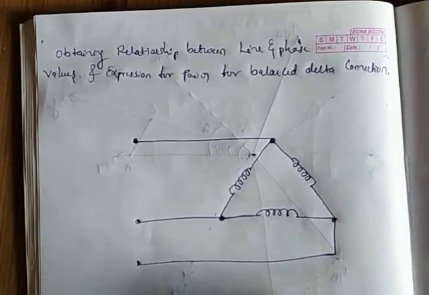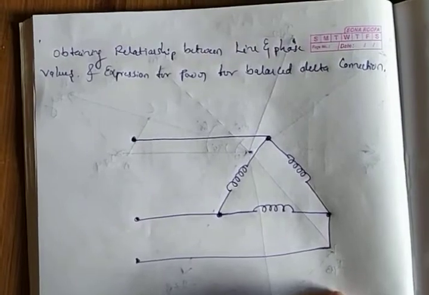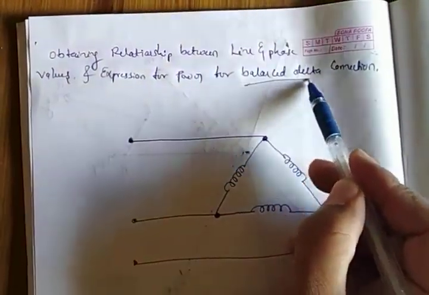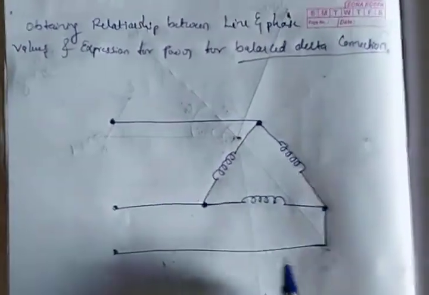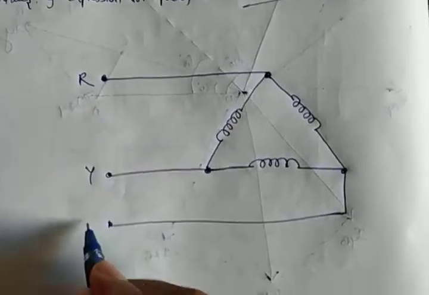Hello dear students, in the previous lecture we discussed the derivation of balanced star connection, and today I am dealing with the derivation of balanced delta connection system. This is a circuit diagram. So R, Y, B,